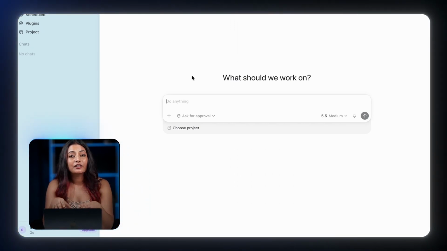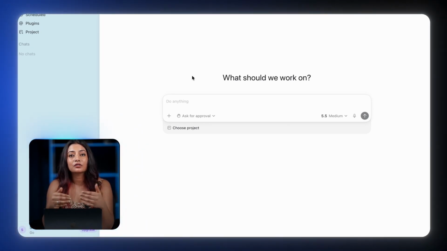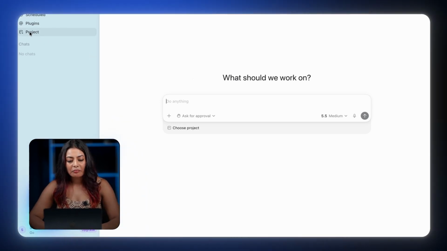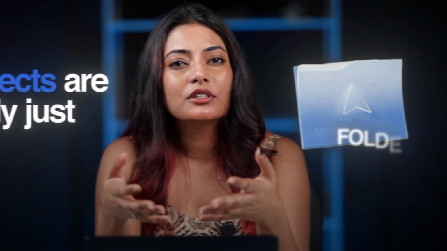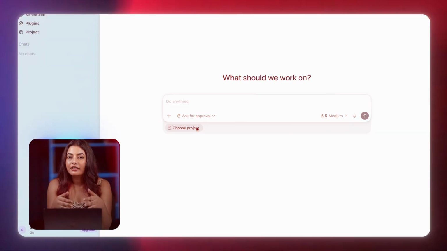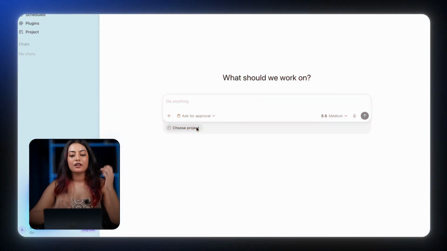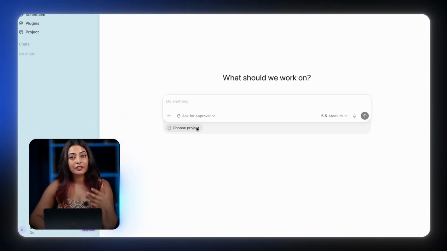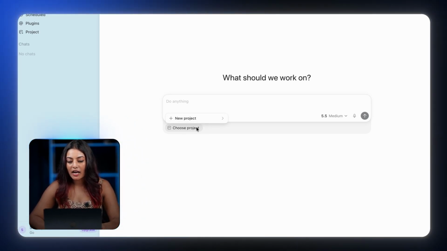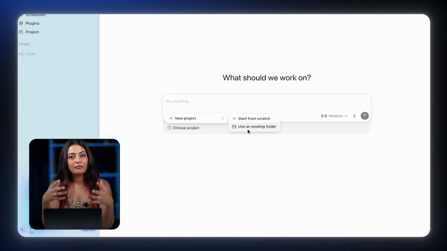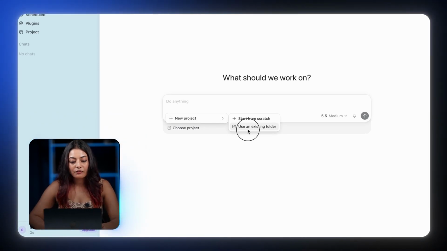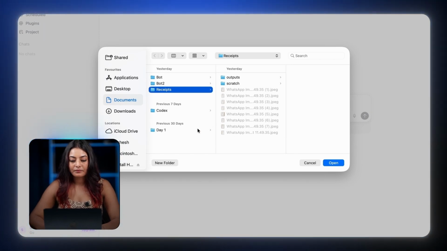Everything starts right here in this chat box. And to stay as organized as possible, you want to work inside of folders on your computer, or as Codex calls them, projects. But projects are really just folders that exist on your computer. So right here on the drop down, you can select a folder that is going to be turned into a Codex project. So I'll click on add new project. That will then bring up Finder, and then you can select the folder you want to work inside of. Or if you want to set up a brand new folder for this project, just click on new folder.